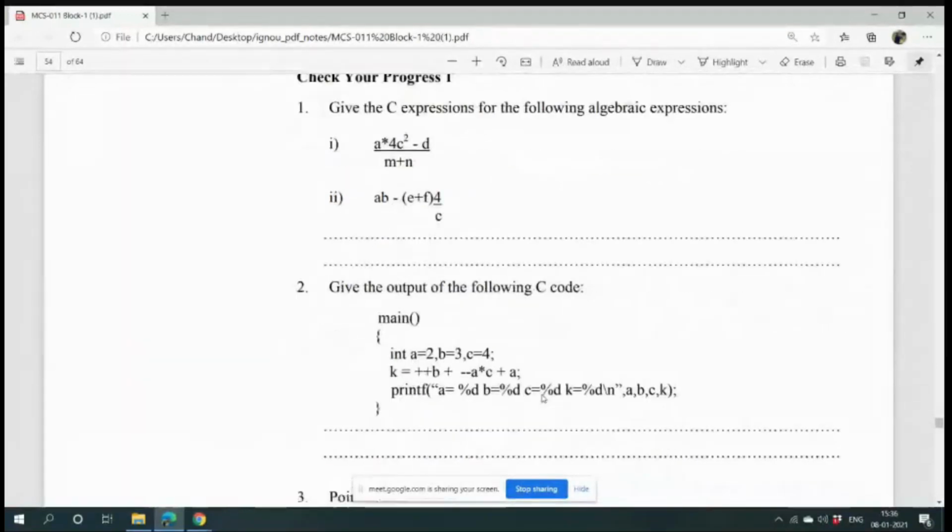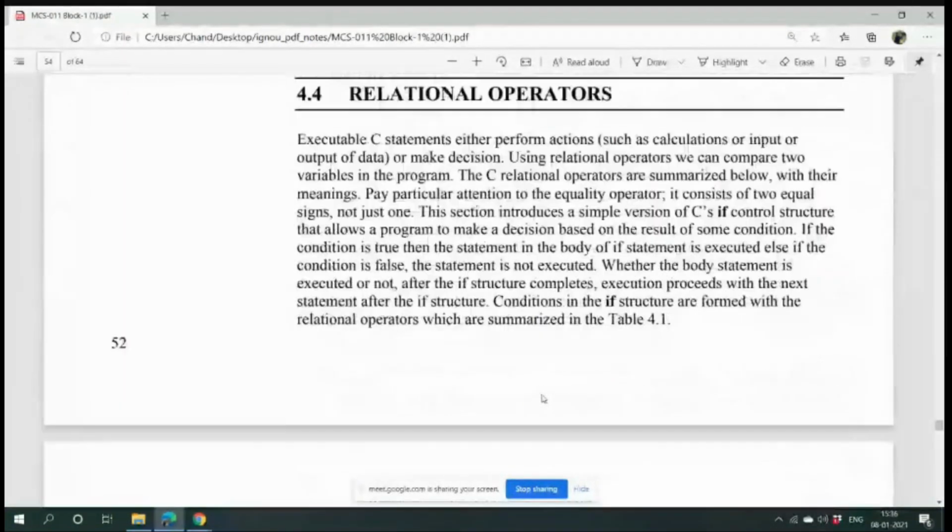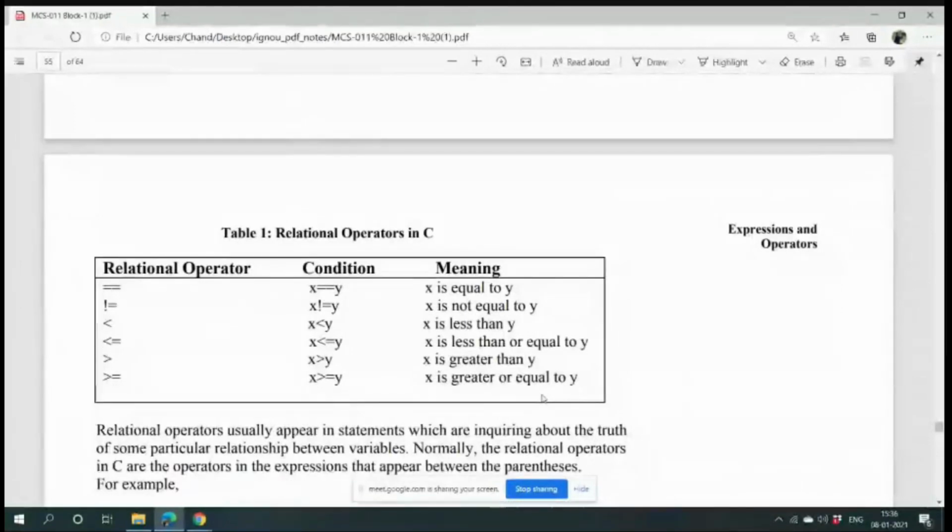This sort of question comes in your question papers. Now these are all relational operators which we are going to use in our C programs. That is equal to, not equal to, less than equal to, greater than equal to, and so on.